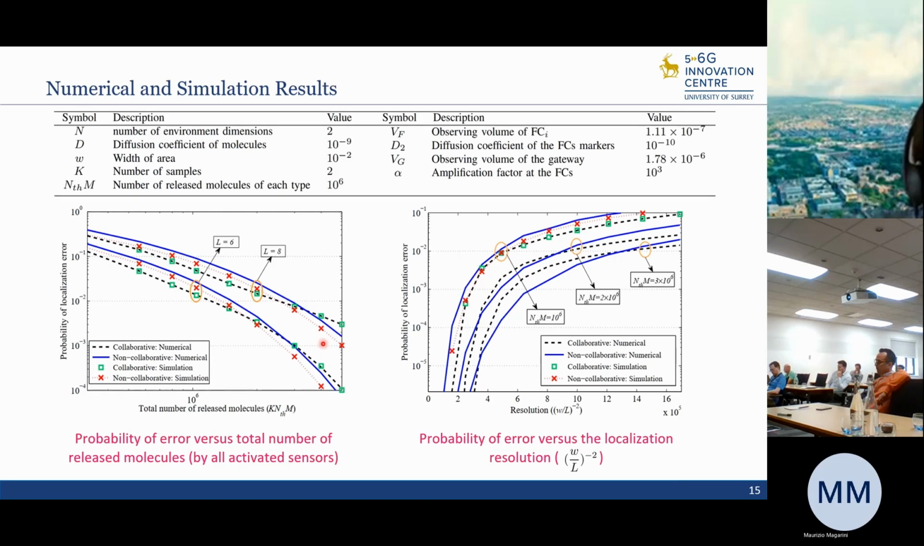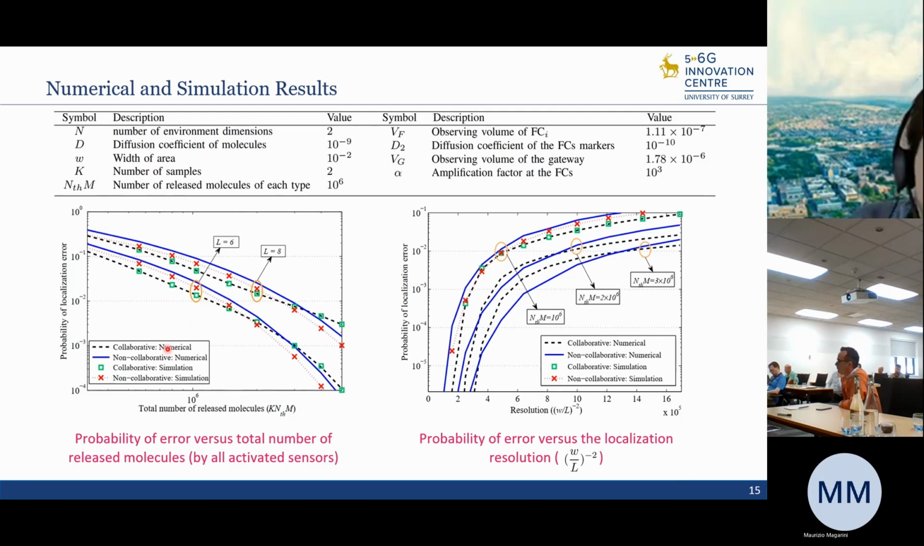Here you see the probability of error for our two cases, collaborative and non-collaborative sensors. In the left figure, the probability of error is shown versus the total number of released molecules. And you see that as the number of molecules increases, the non-collaborative scheme outperforms the collaborative one. Also, we have the simulation results, and we see that for the collaborative case, the simulation results perfectly match the numerical ones. But for non-collaborative, there is a slight gap because of those approximations that I mentioned, the